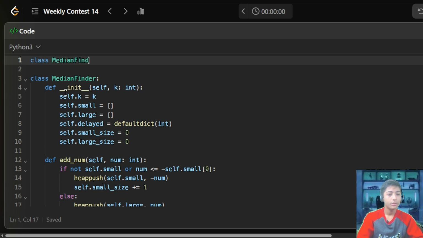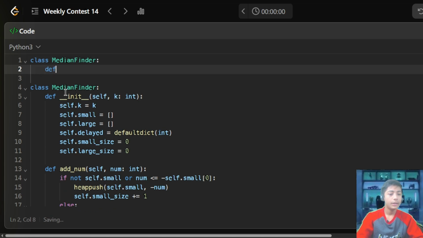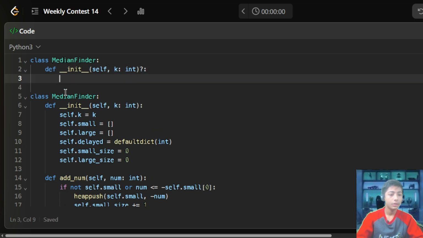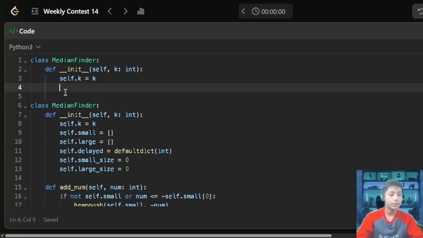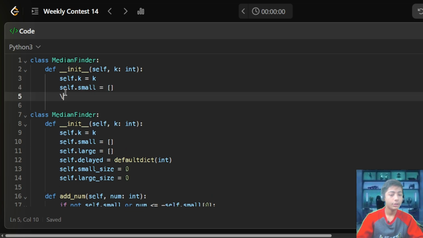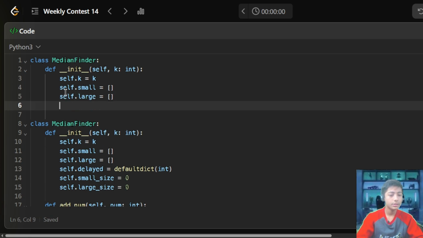class MedianFinder, def __init__(self, k: int). self.k = k, self.small = [], then self.large = [], self.delete = defaultdict(int).